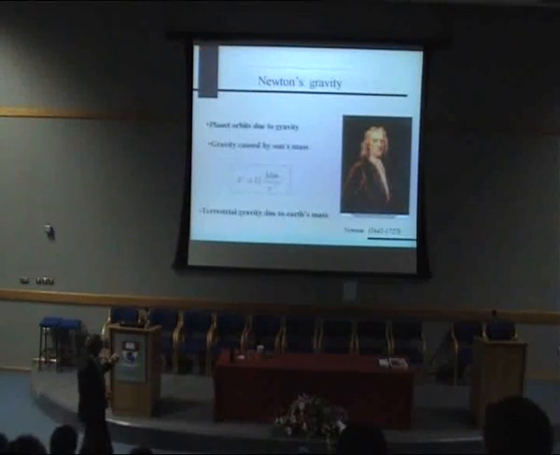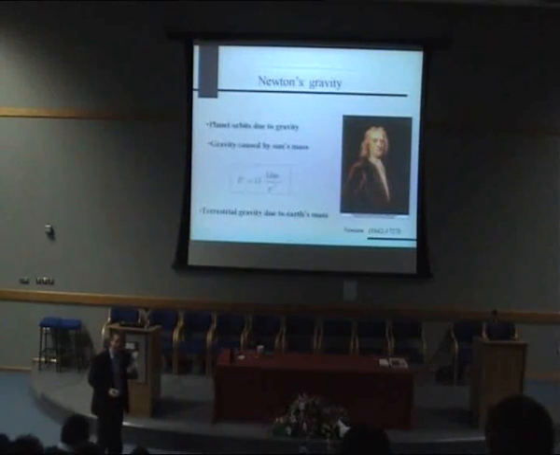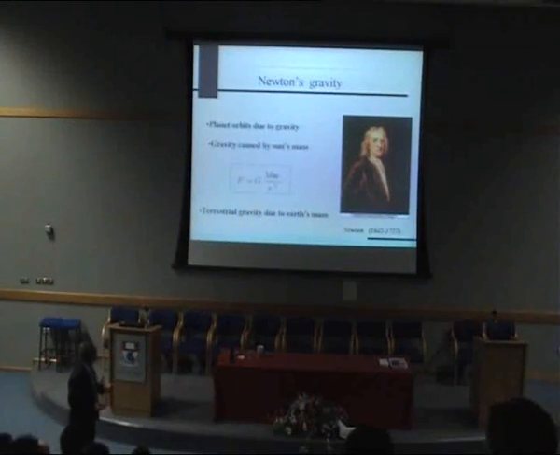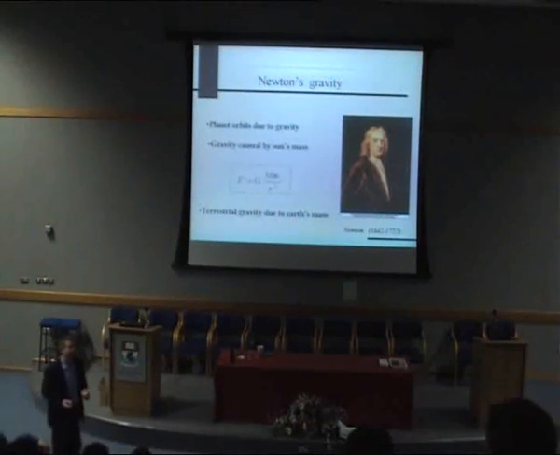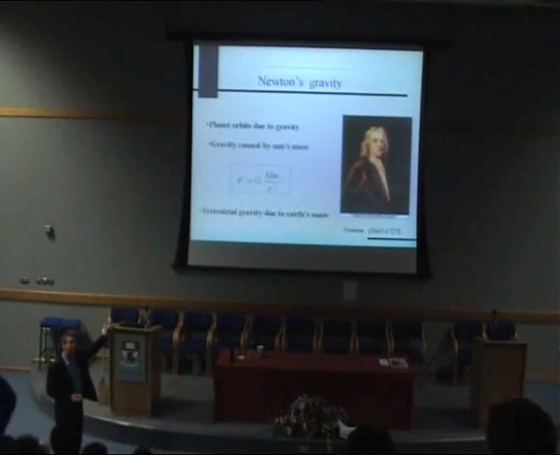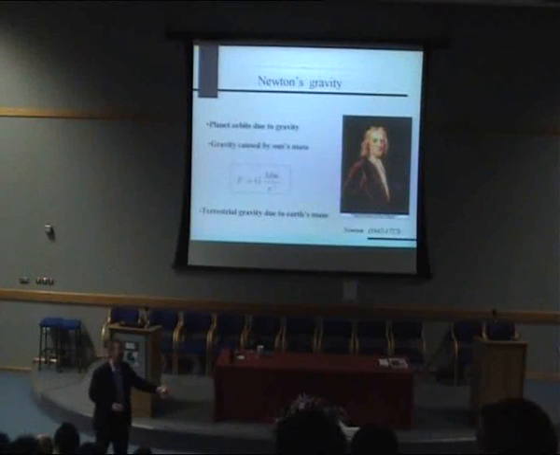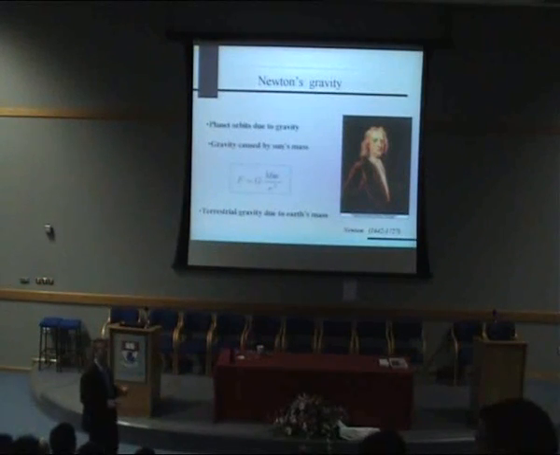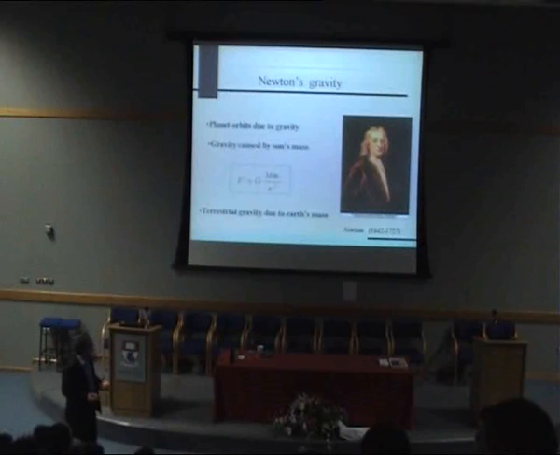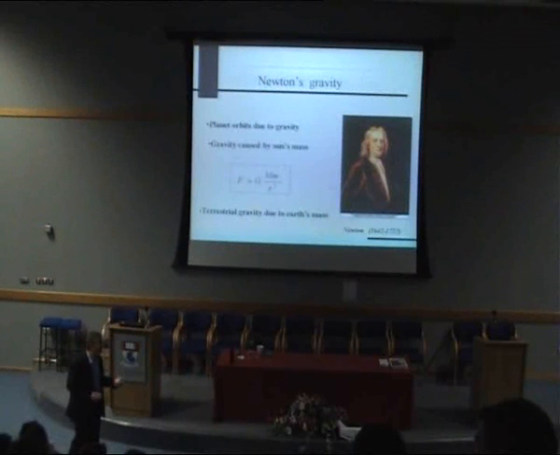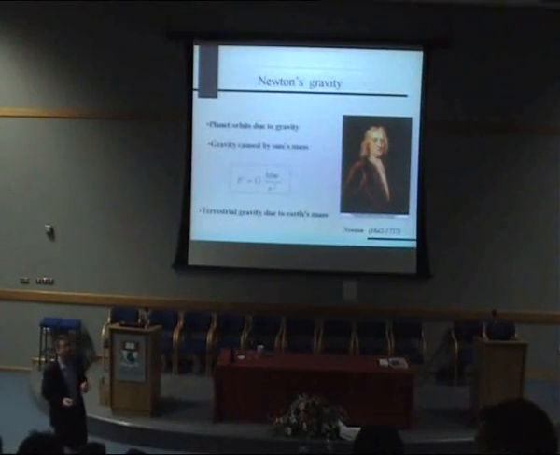Now, that was very interesting, but of course what Newton did was he went a step further. He really was a revolutionary thinker. What he said is, oh, well, that's what's going on in the sun as well. The reason the Earth goes around the sun is that the sun is pulling the Earth, and Jupiter and all those other planets. That's why they're going around the sun. So gravity is caused by the sun's mass. In the same way that terrestrial gravity is due to the Earth's mass, the gravity around the sun is caused by the mass of the sun.